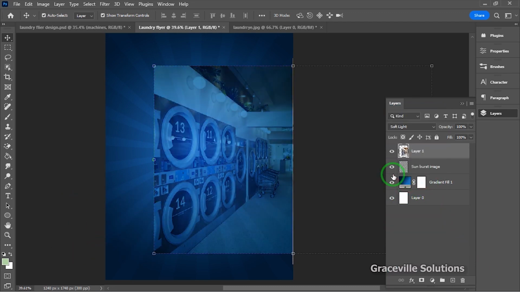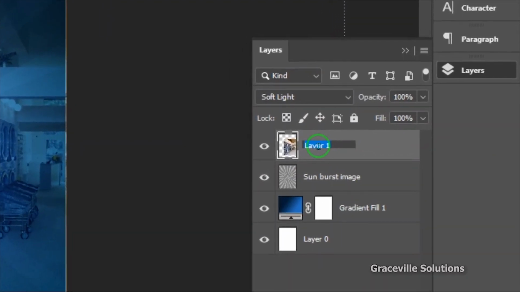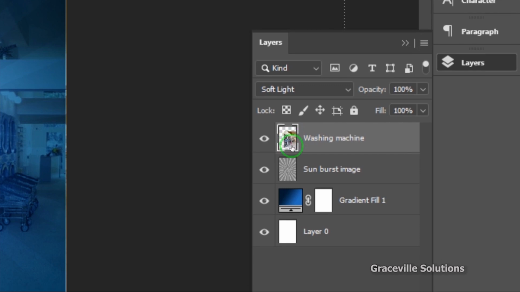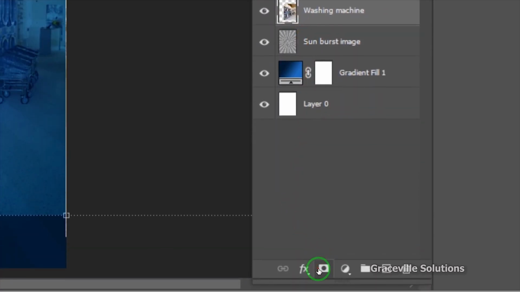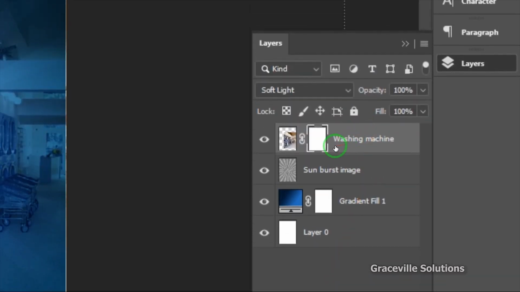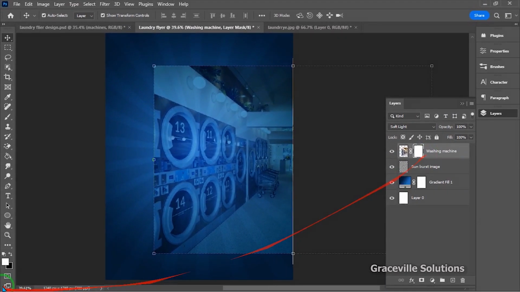Okay, let me rename this first. Okay, so I'm going to rename this as washing machines. Alright, so what I'm going to do now is give this a masking layer, create a masking layer for this image. So I go to my mask option right here, I click this. Alright, so what I'm going to do next is take my brush tool by pressing the letter B on my keyboard,